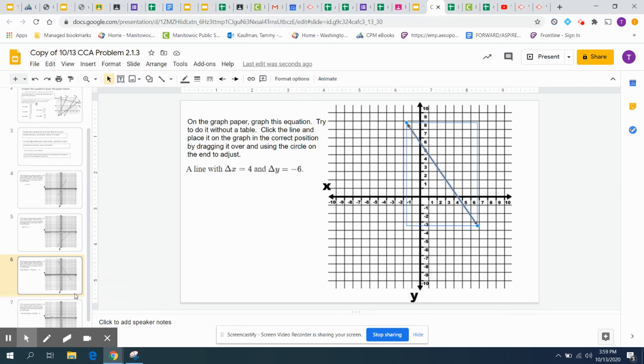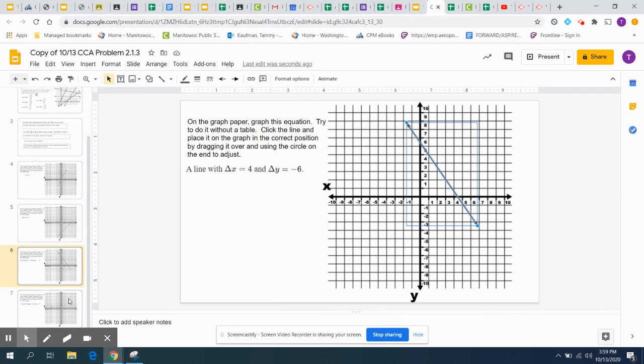Okay. And our last one, this one was a tricky one. So our change in x now is going to be 0. So our change in y is going to be 3. So I'm going to go up 3, but I can't move anywhere on my x. So this actually is a vertical line. And it's said that the slope is undefined because 3 divided